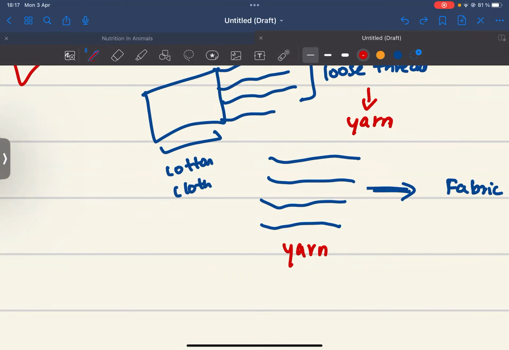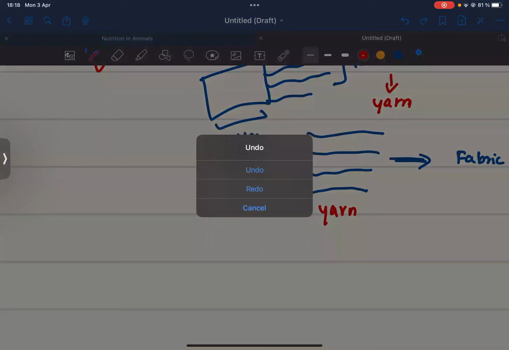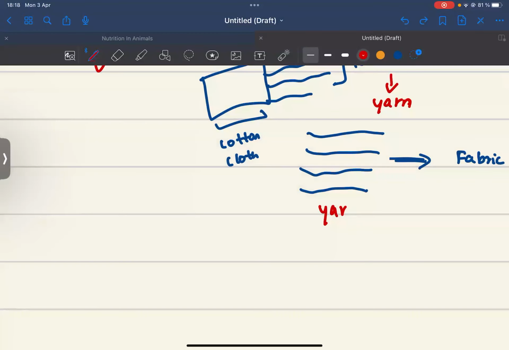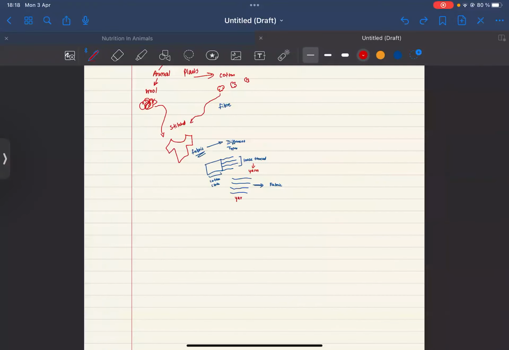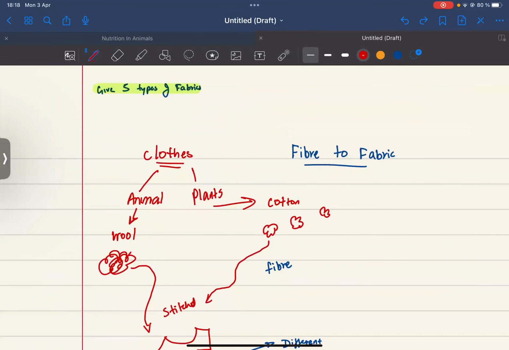You need multiple fibers or multiple yarns in order to make your fabric. All right. So now, have you ever taken a thread out of your mom's shawl or anything? Guys? Have you? It's time for me to break my fast also. Okay, you just copy this down and find the first question that I've given you all.